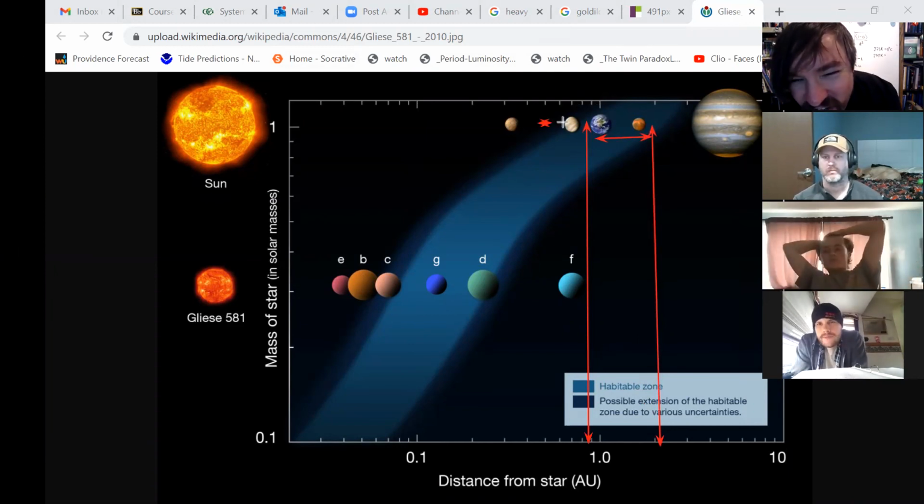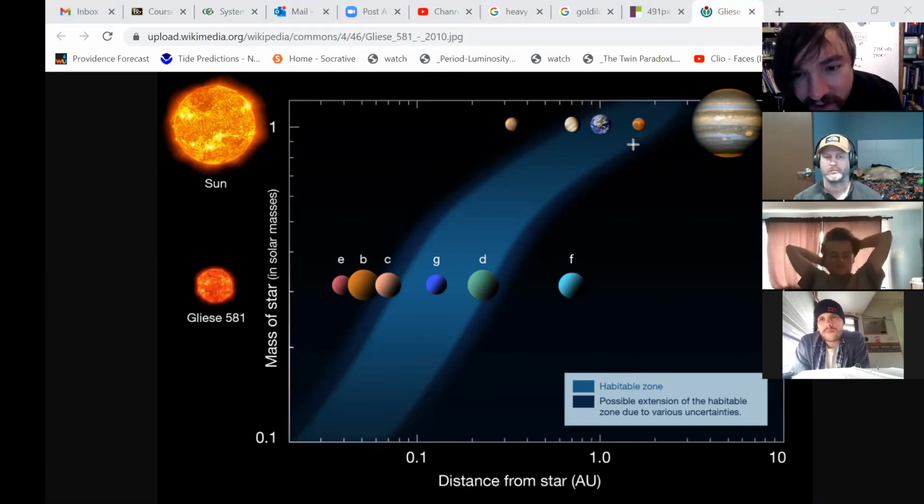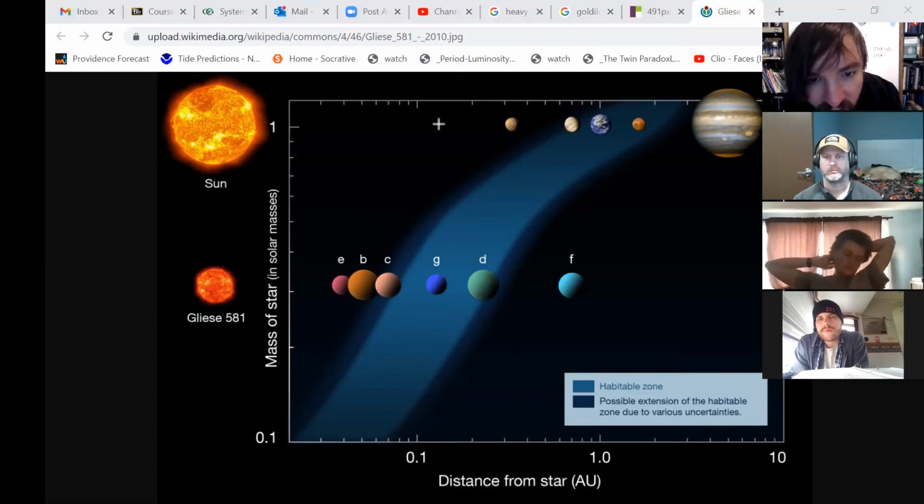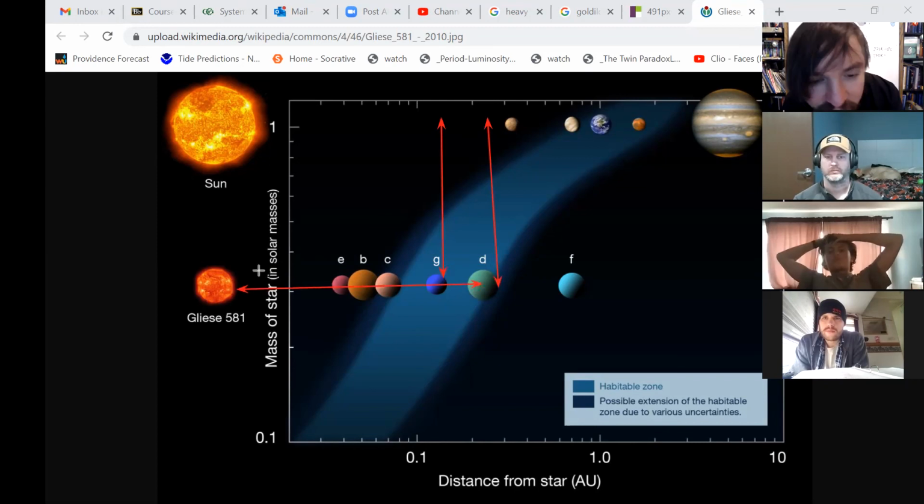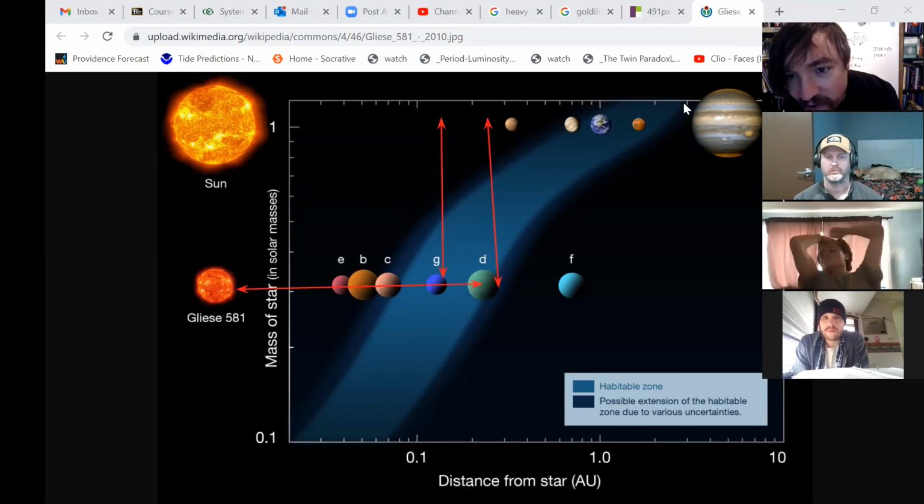Venus, you'll notice, is just a little bit on the edge on the inside of the Goldilocks zone. It was a little too hot for fun, okay? We always want to look for life around planets that are in the Goldilocks zone surrounding their star. So this can be done for other planets as well.